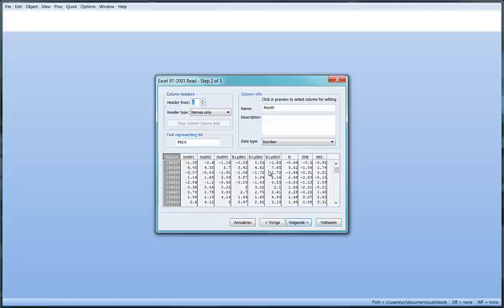And here we have the opportunity to tell EViews that in fact the first row of our dataset contains the names of our variables. This is quite convenient. This is in fact the default option, so there is no need to change anything if that header information is just the first row. So clicking on Next once again,